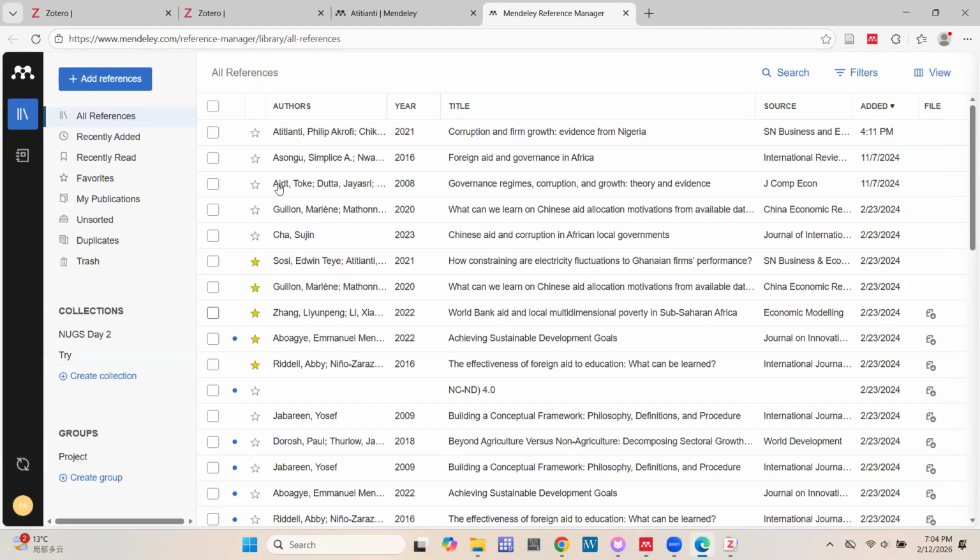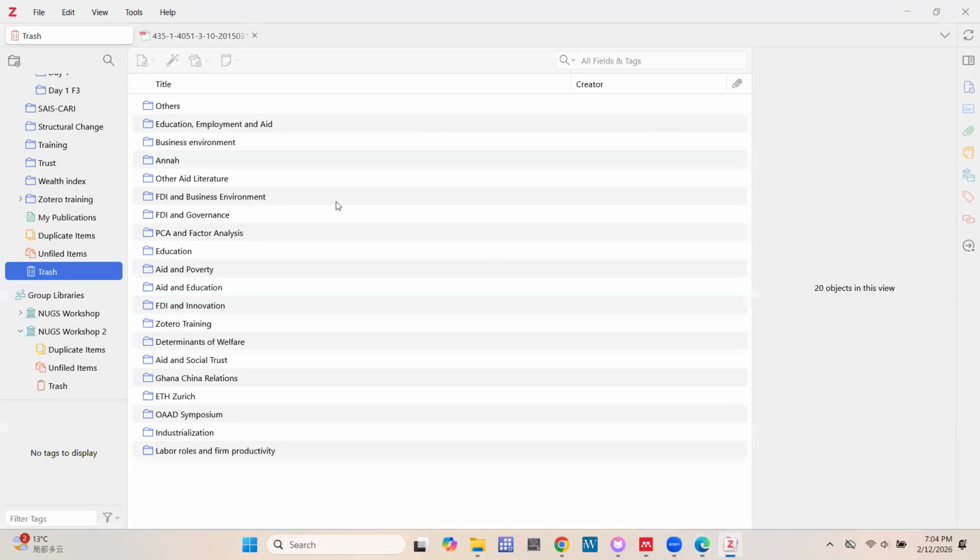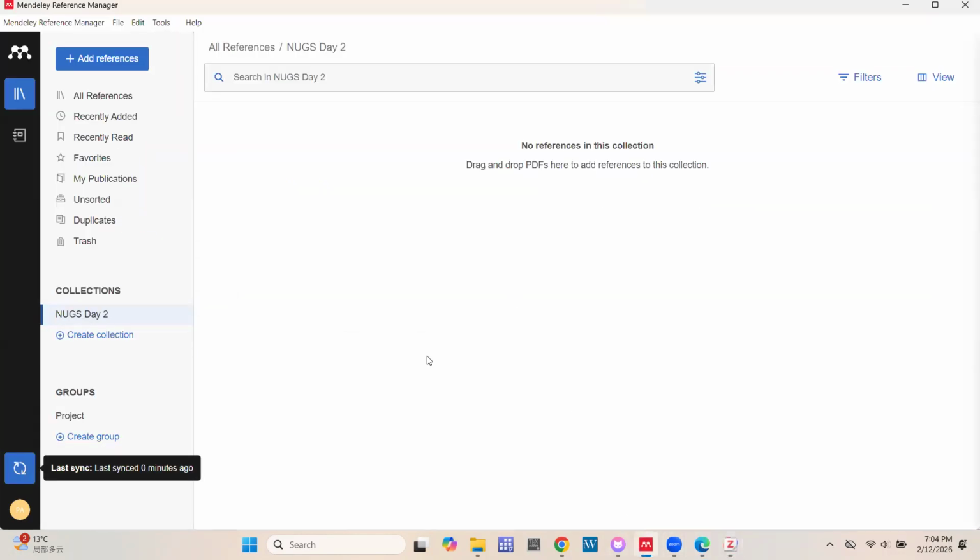Sometimes it's even hard to tell the difference. What you're seeing now is the online library, and this one is the desktop reference manager.